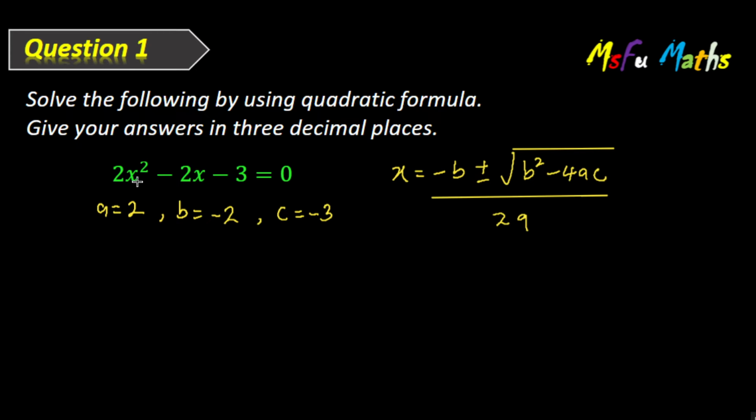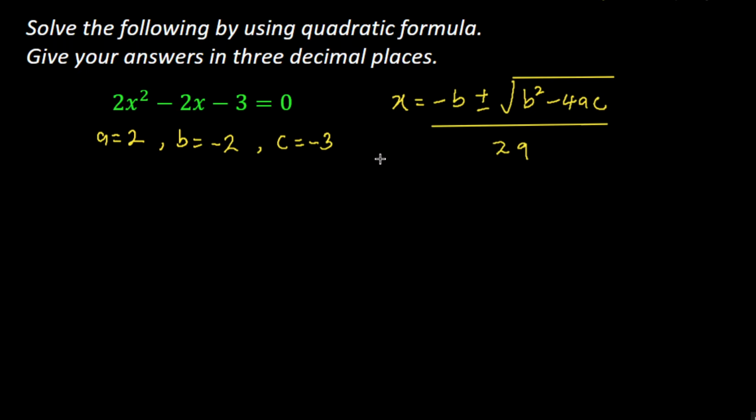To find the value of x, we can use this formula. We just substitute accordingly. So my x will be equal to negative b, which means negative of negative 2. We get negative of negative 2, plus minus the square root of b squared, which is negative 2 squared, minus 4